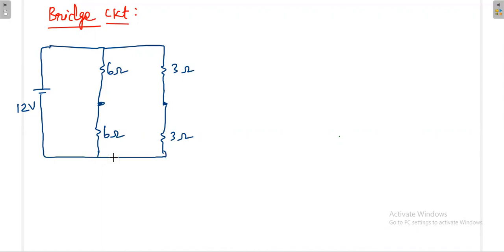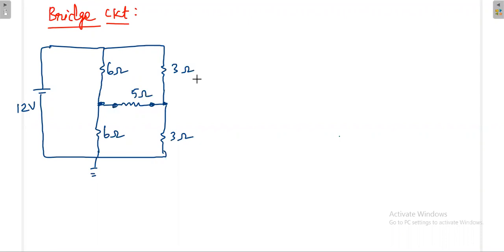Okay, it is grounded. Now again there is one element like a load element. The load element value is 5 ohm. That 5 ohm is a load element, the bridge element. Now what is the voltage or current across this 5 ohm resistance? That is the question.